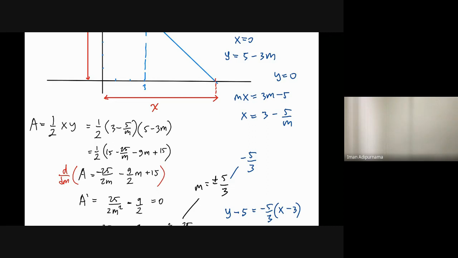And of course, if the question is asking whether the m that you got is minimum or maximum, you need to know how to prove. Okay, you need to know how to prove using the line number or using the concavity. It's also okay. Okay? So if you check the second derivative from here, what will happen? Okay,